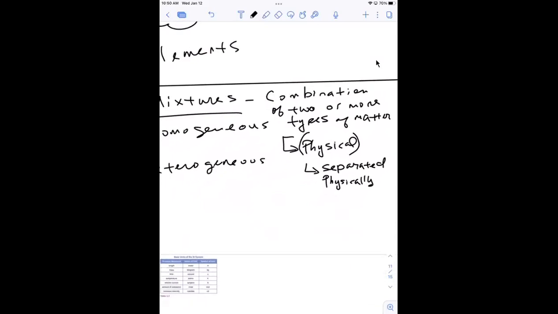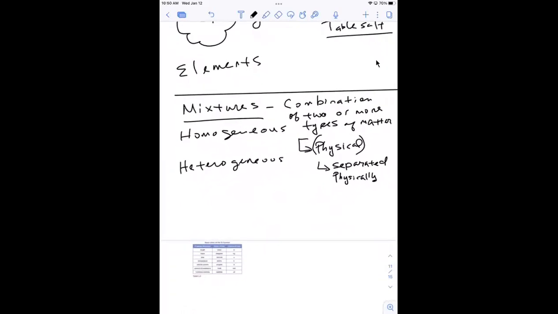It's almost like if you took a bucket of iron filings and dropped it into a bucket of sand and mixed it together. If you took a magnet, you could run it across that and pull those iron filings back out. So when we think about a mixture, it's a physical combination of two or more types of